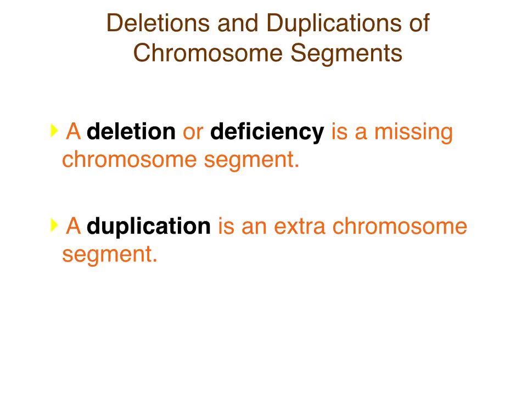So crossing over, yeah. So if you get unequal crossing over, then, most of the time, one arm of a sister chromatid and the other arm of a sister chromatid touch, get all cozy at the chiasma, right? And then they exchange parts. But sometimes they're not going to exchange equal amounts of parts. If you get not as much as you gave, then you're going to have a deletion or a deficiency of part of your chromosome. If you received more than you gave, then you're going to have a duplication.